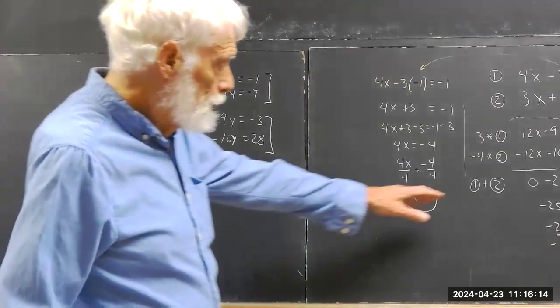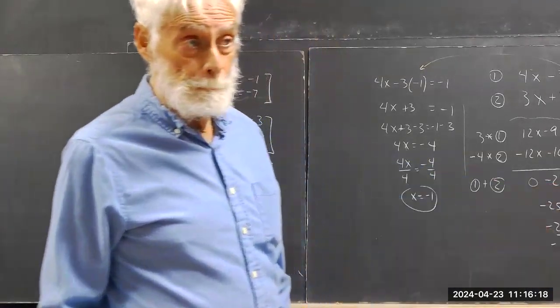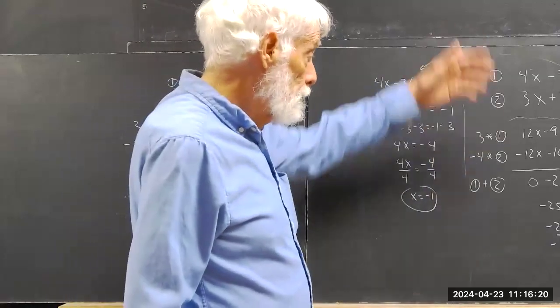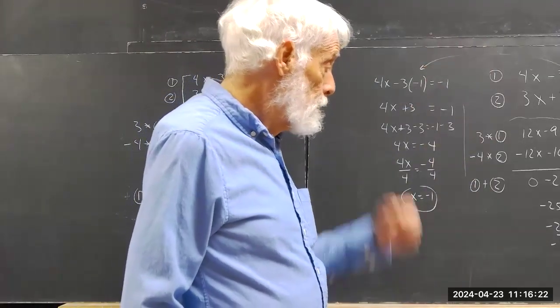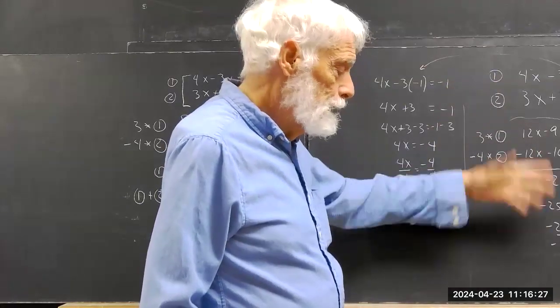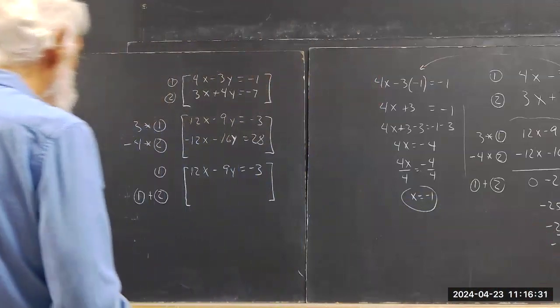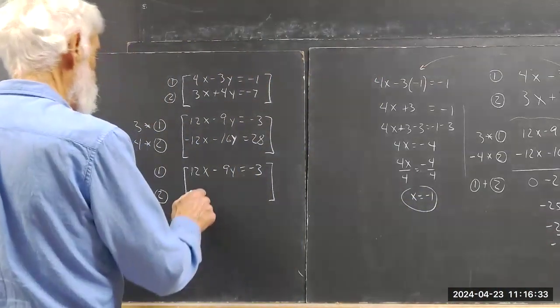Now, when we did it over here, I just added the first equation to the second, right? I didn't write the first equation down again. And then I just threw the 0 away because it didn't make any difference. And I just solved the resulting equation, okay? Well, in this case,